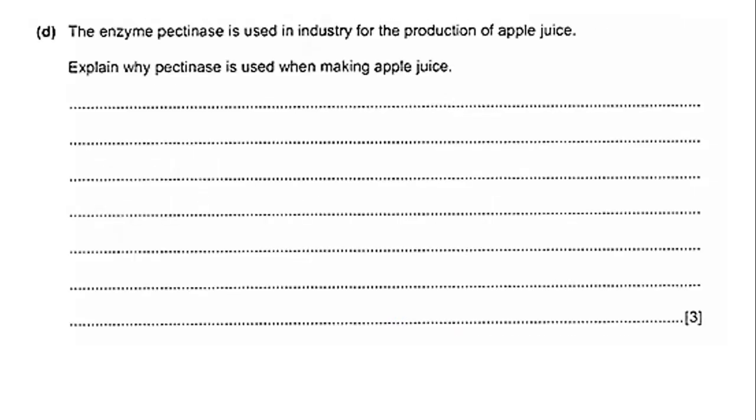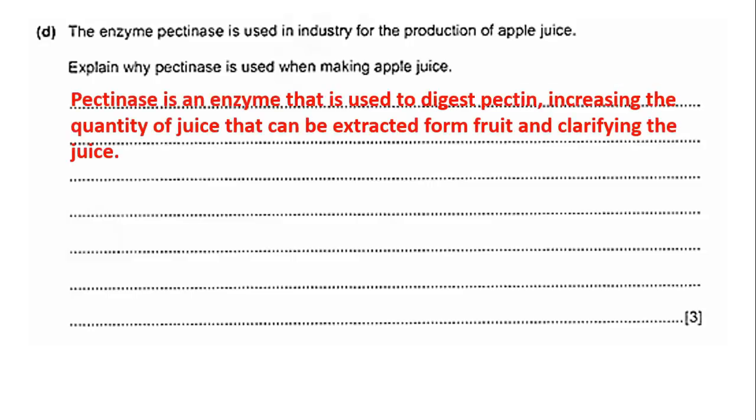The enzyme pectinase is used in the industry for the production of apple juice. Explain why pectinase is used when making apple juice. Now you will write the process of how pectinase enzyme works. So it is used to digest pectin, and it's better if you mention that pectin is a molecule that's found in the cell walls and fibers of plants, increasing the quantity of juice and also